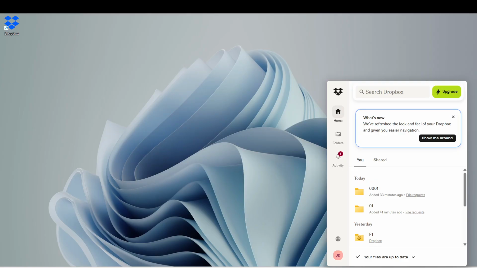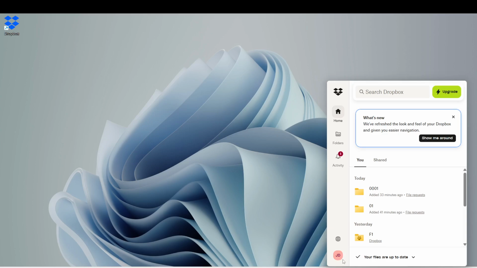Next, open your main Dropbox folder. You can do this either by clicking on the Dropbox icon again and selecting Open Dropbox Folder, or navigating to the folder directly through your File Explorer. This folder is where all your files are stored and synchronized. By accessing it, you can verify that you are logged in and see your current files and folders. Ensuring everything is in order here is crucial before making any changes to your account settings.